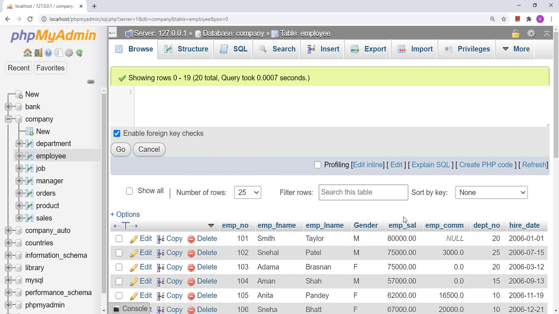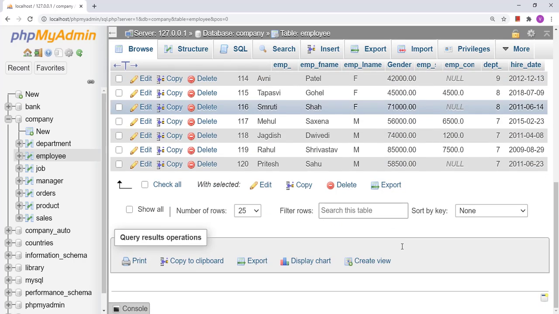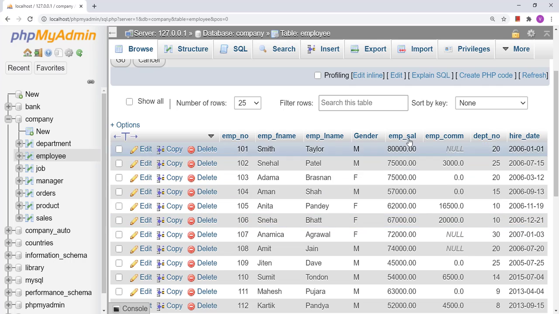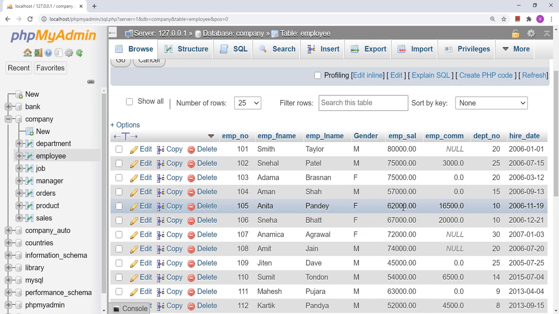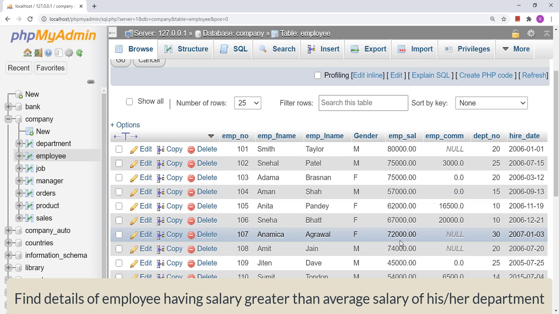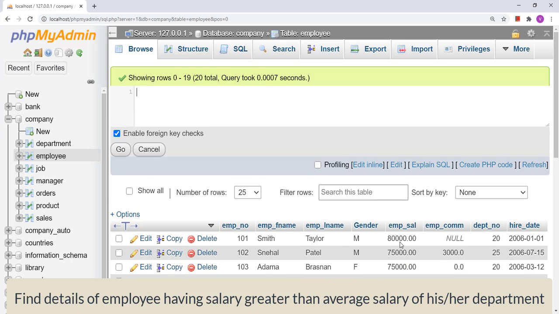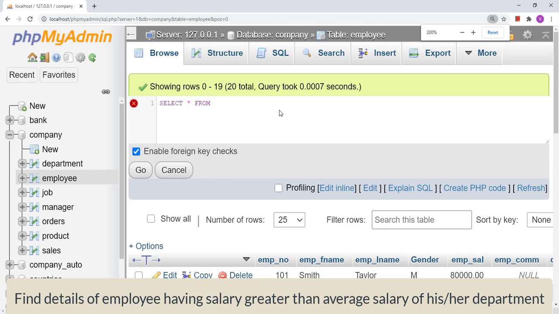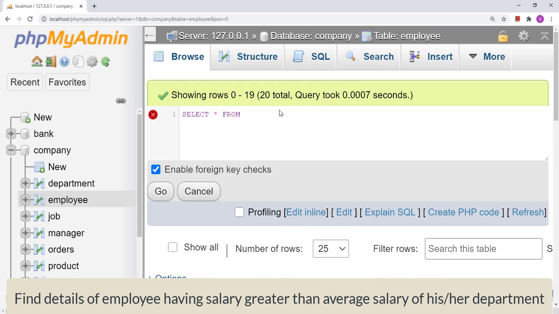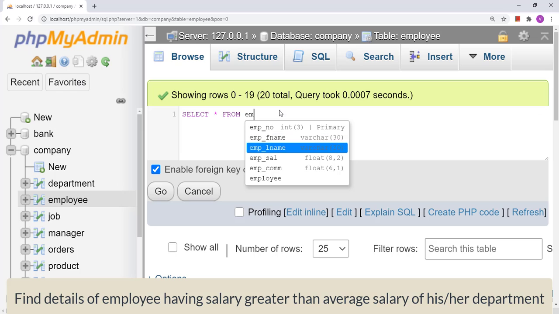So here I have one table, the employee table. In that table I have employee salary, and I want to find out which employee has a salary greater than the average salary of his or her department. The query for that will be: select star from employee.